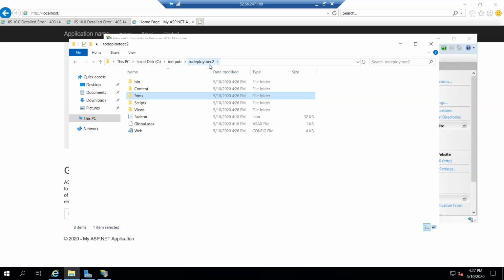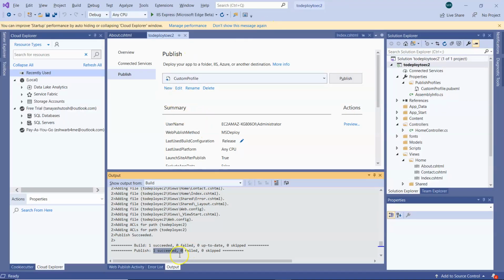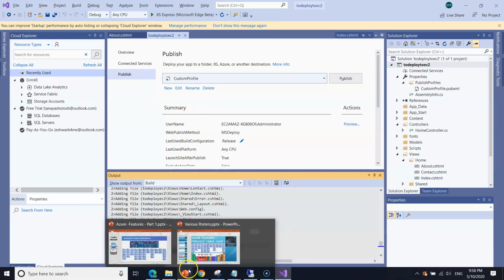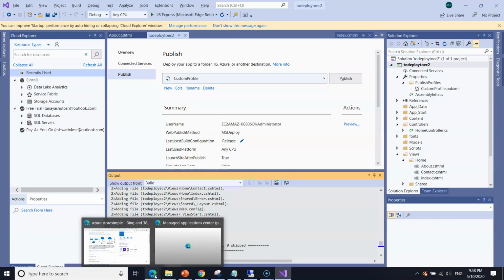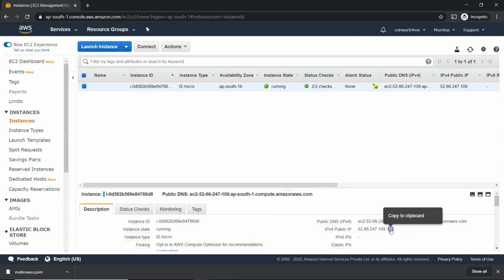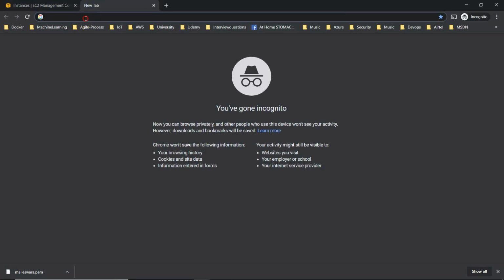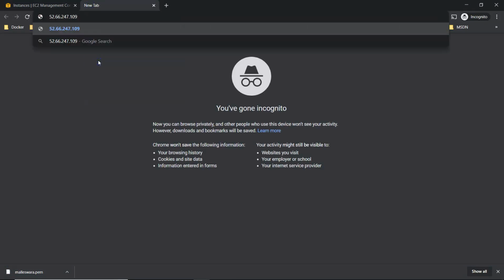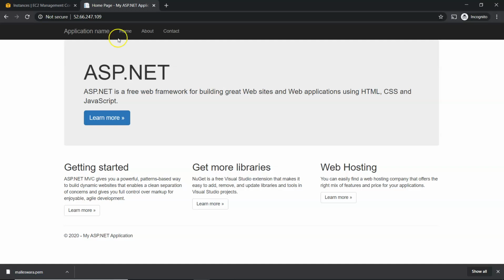The code is deployed, and the website is also running on the EC2 instance. How about outside the EC2 instance as a public IP? Let us check. So instead of this, I'm going to take the IP address and we'll give it a try. I already have an IP address here. So I copy that, simply go to another tab and give it a try. So it's all working fine.